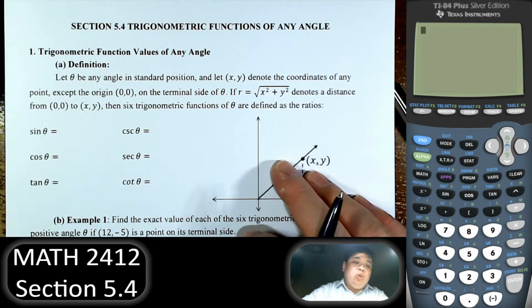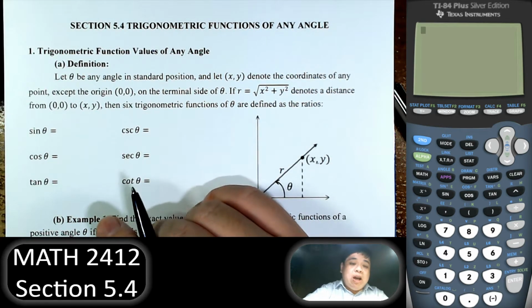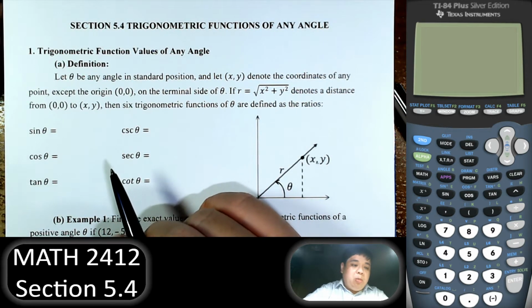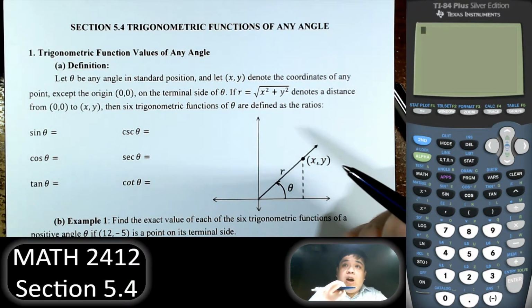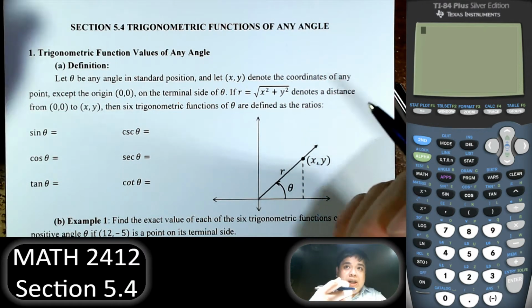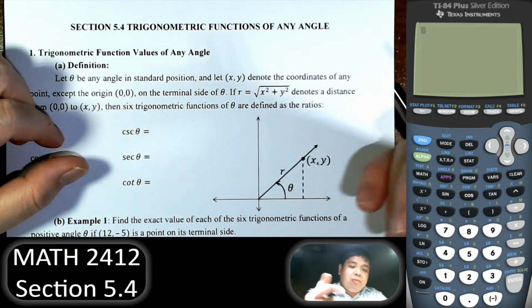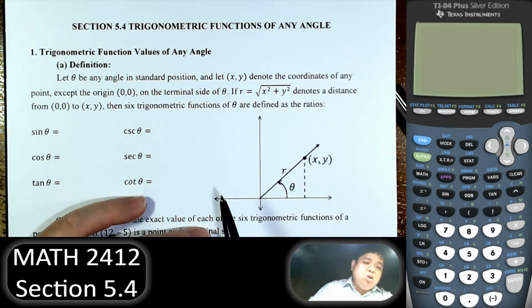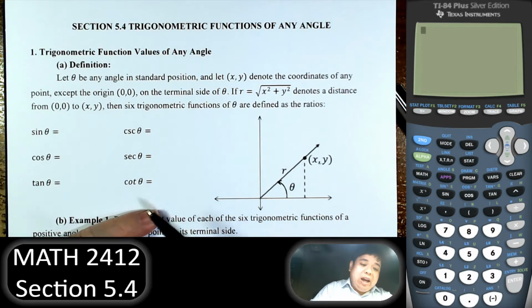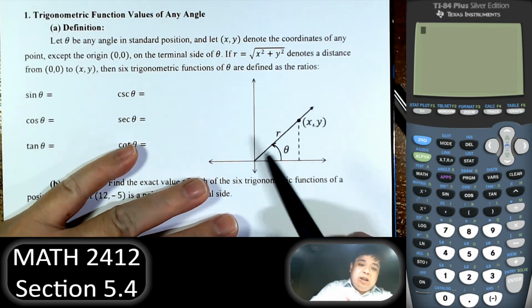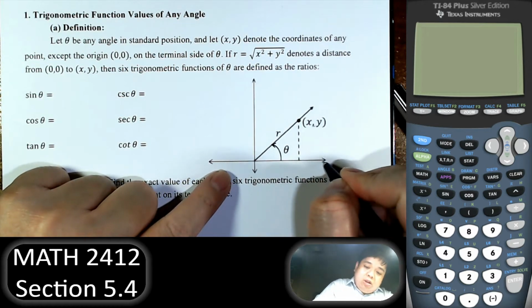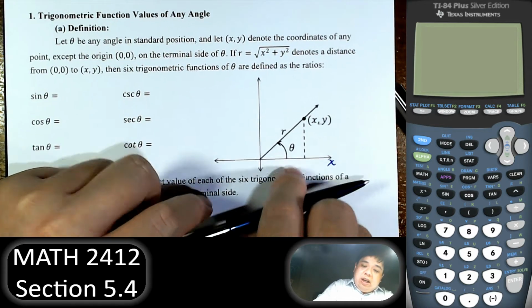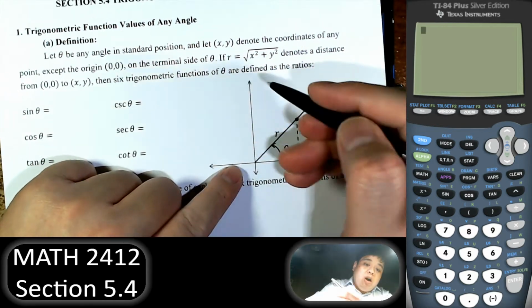In this section, we'll define trigonometric function values for any angles. Previously, we only defined trigonometric functions based on an acute angle, meaning using the right triangle. Now, to define a trig function for any angle, first we define an angle in the standard position. The positive x-axis is where it starts, and it will rotate counterclockwise,